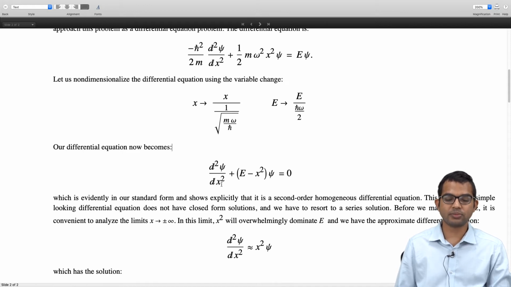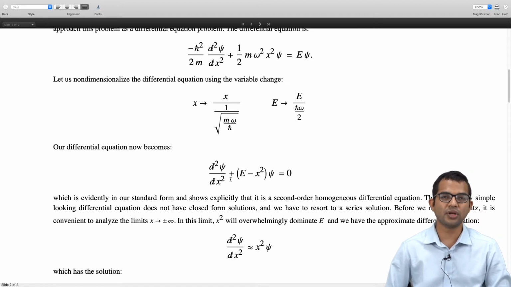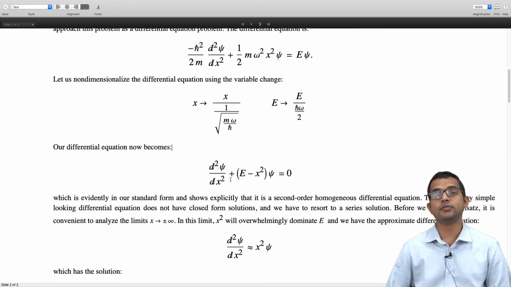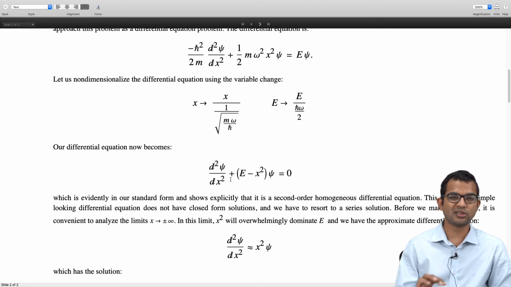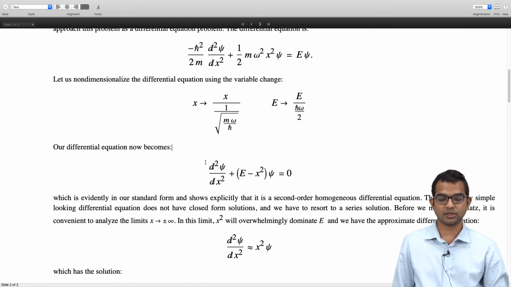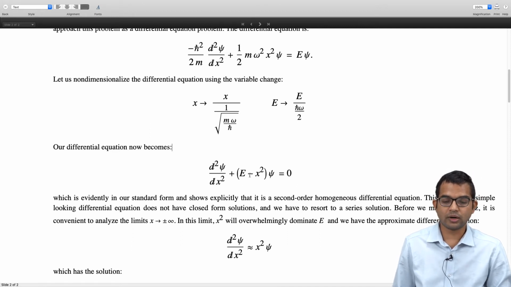So look at what happens for very large x, right? This is a wave function that we are looking for, and a wave function must satisfy certain properties, right? So we can massage this differential equation into a slightly different form, while keeping it completely general, but in this new form it's more convenient for the purpose of this power series solution, right? So the idea is to look at what happens to this differential equation when x becomes very large, either positive or negative.